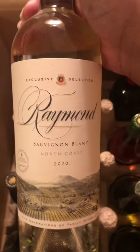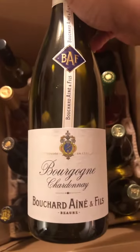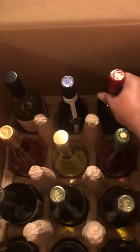What else? Yes. Brand new Raymond exclusive selection, Sauvignon Blanc from North Coast. I have a nice white Burgundy Bouchard Aîné Effie, and it is a Bourgogne, yes, Chardonnay, so Chablis style Chardonnay